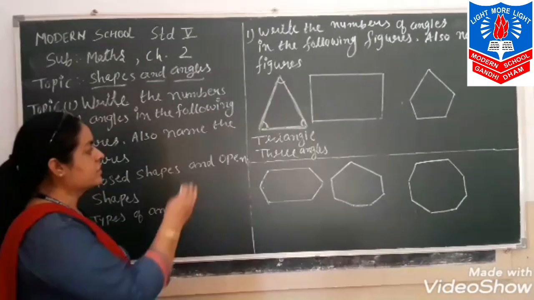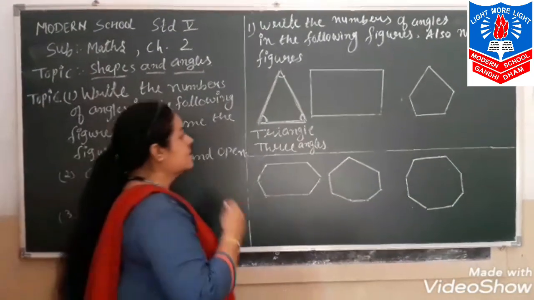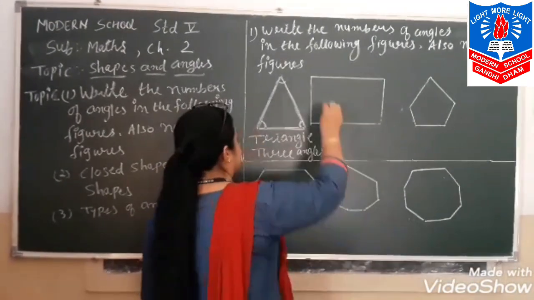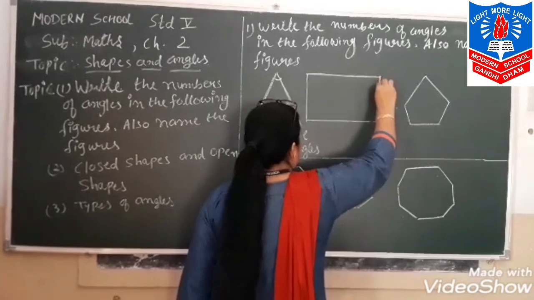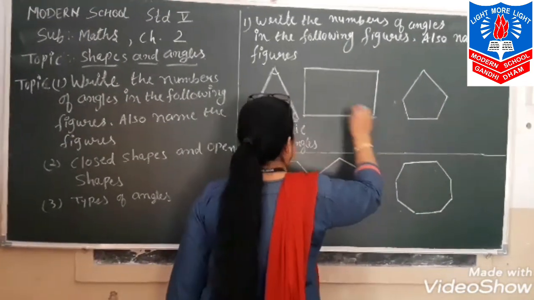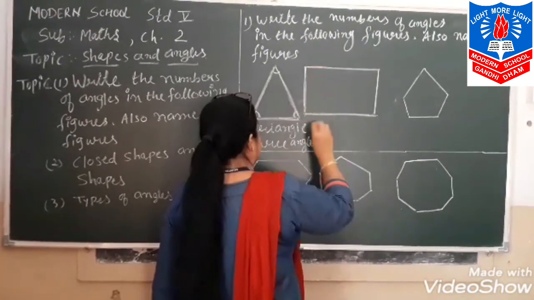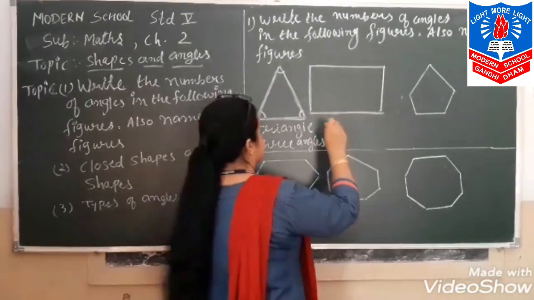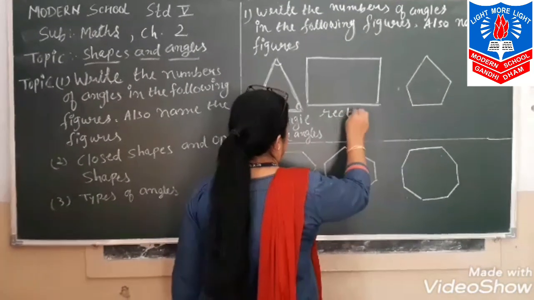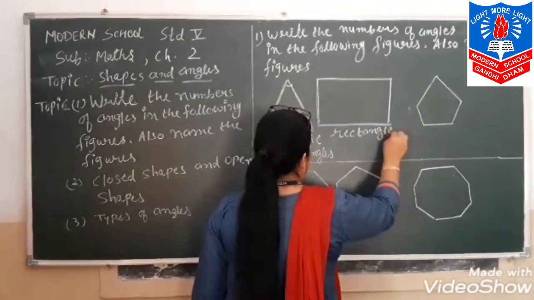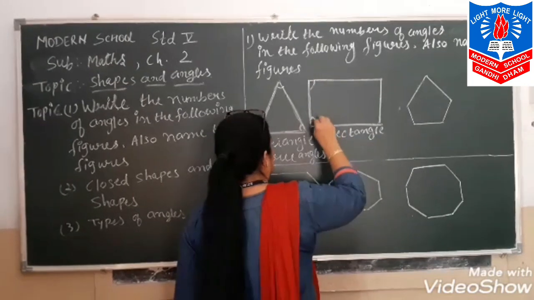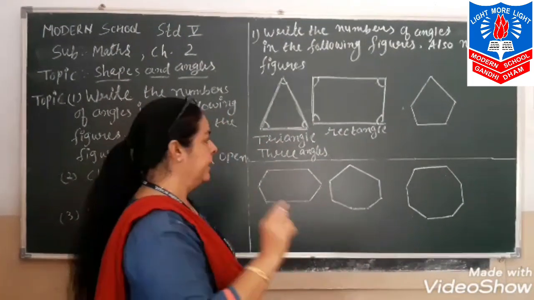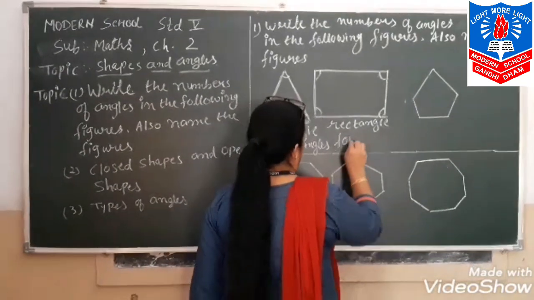Okay, let's move on. Second figure. See, here is one line segment, second line segment, third and fourth. With the 4 line segments, this figure is a rectangle. And see 1, 2, 3 and 4. How many angles here? 4 angles. So we write here 4